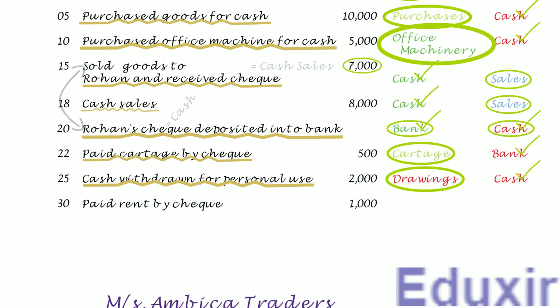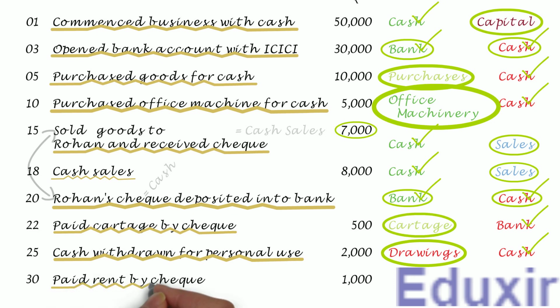In this transaction, the business has paid a rent of 1000 rupees through check. As in this case, the payment is done by issuing a check, we consider this as payment through bank. Now, rent is an expense. In other words, the business is incurring an expense named rent in this transaction. The rule to record an expense incurred is to debit the corresponding expenses account. In this case, the rent account should be debited.